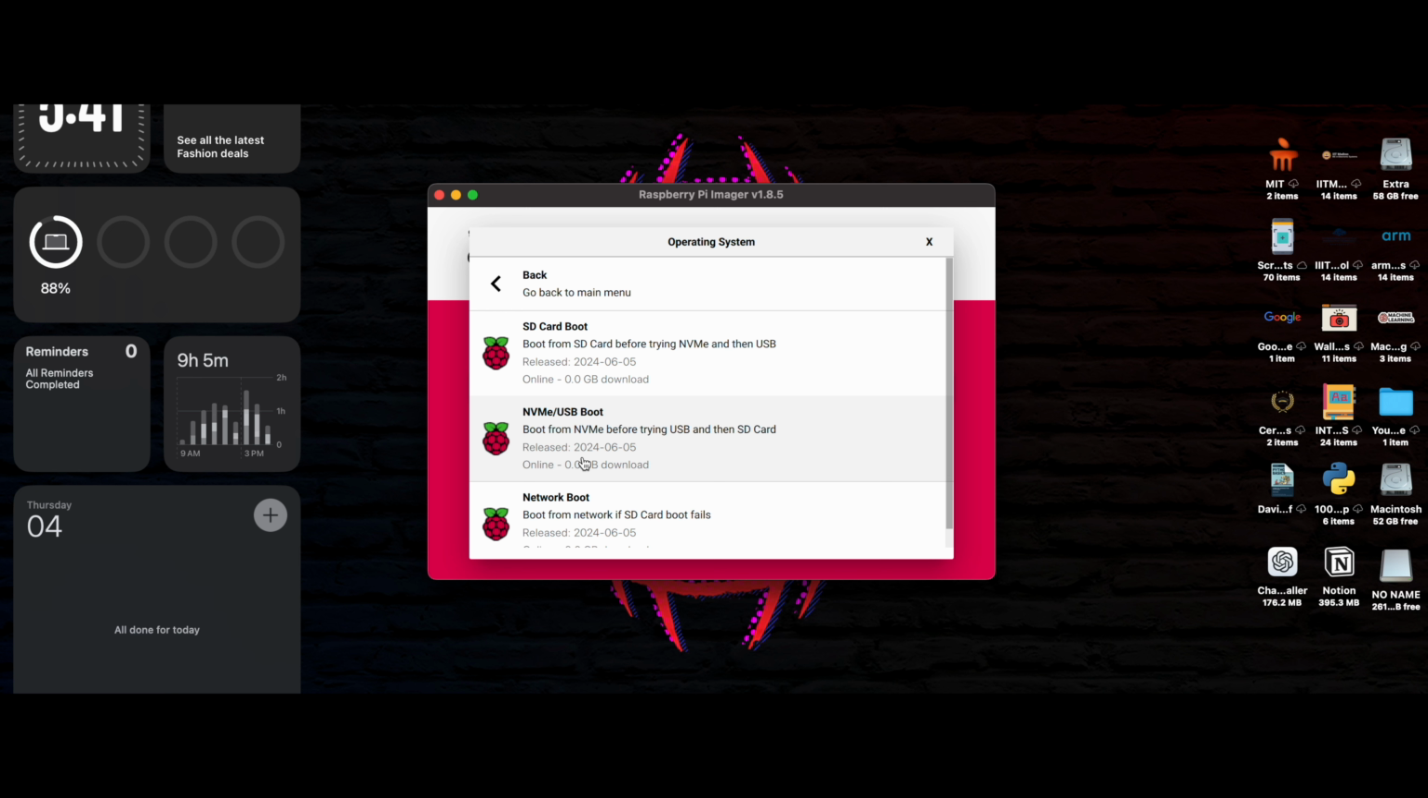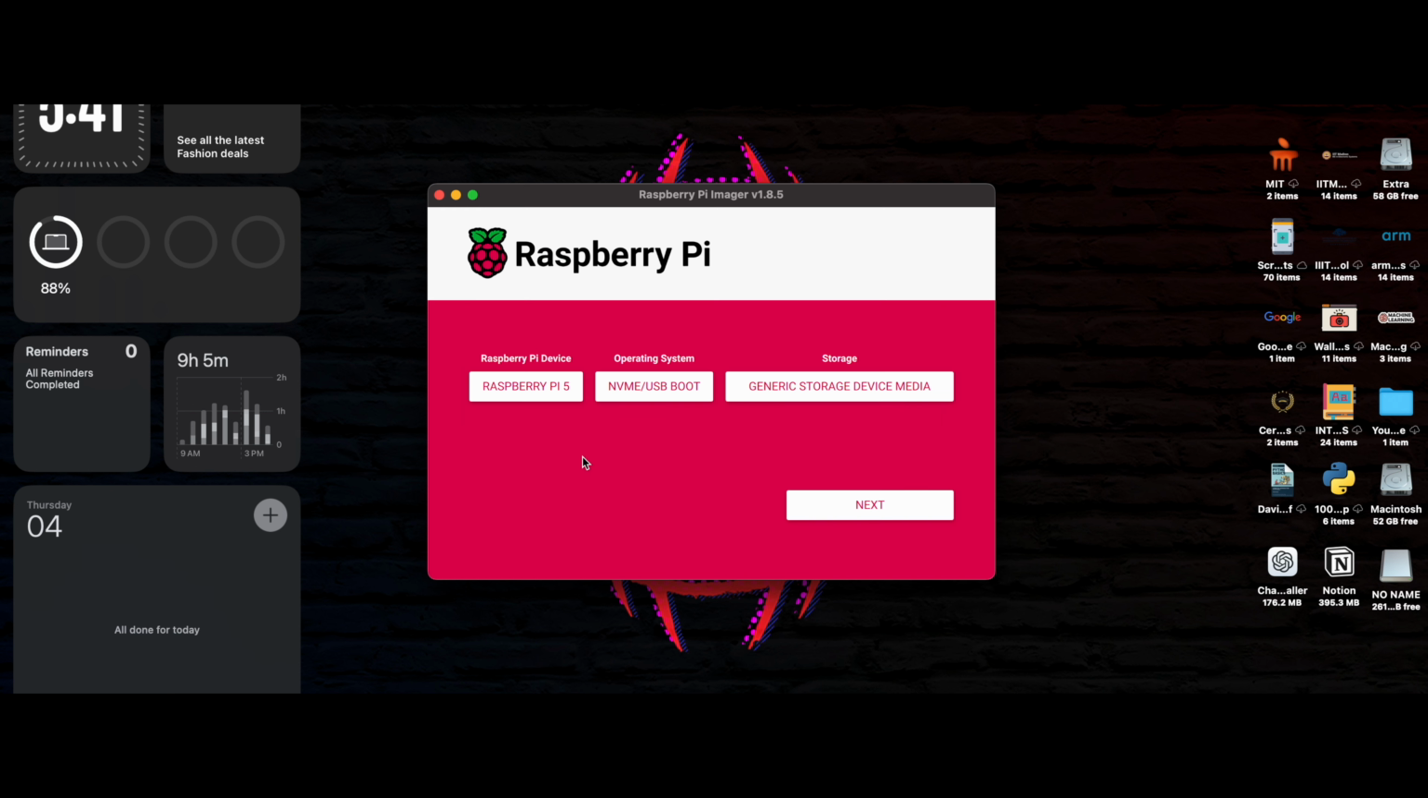So it will generally try to boot from NVMe before trying USB, and then it will go to the SD card. It doesn't mean that it will only boot from NVMe or USB, and you don't need to worry that it won't boot from your SD card again. Don't have to worry about that. It will first try to boot from NVMe, and then USB, and then SD card. It will just change your boot order. Okay,